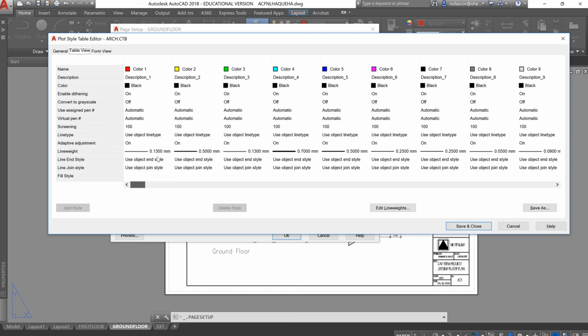So you see here color 1 will print at 0.13, color yellow at 0.5, color green at 0.13 as well. Cyan is the thickest, 0.7. You can definitely assign any line weights here. This is just our standard color and line weight assignment. So color 5 or blue is 0.5, magenta is 0.25, color 7, which is white, sometimes it's white, sometimes it's black, depending on your background, will be 0.25, and color 8 will be 0.05, and color 9 is 0.09. Okay, so